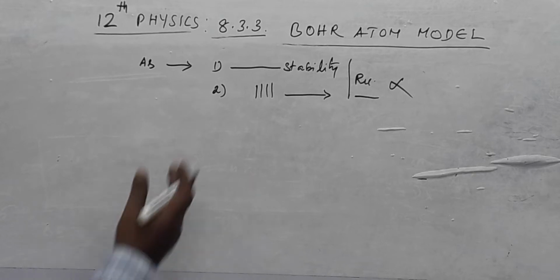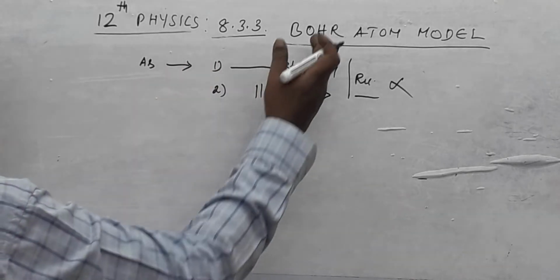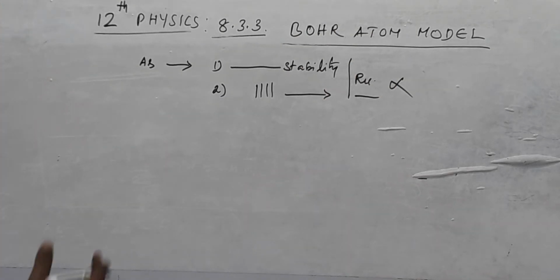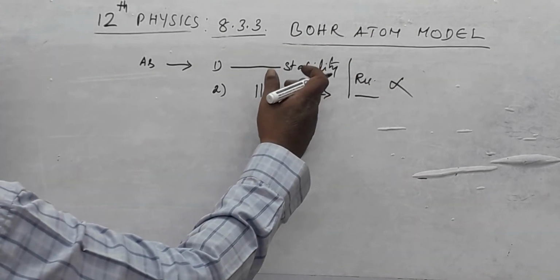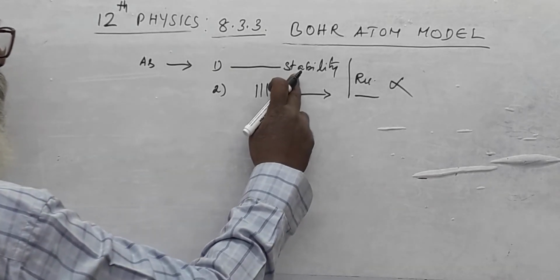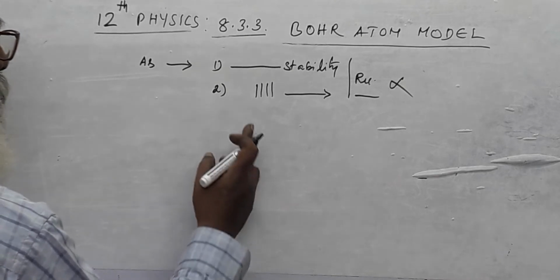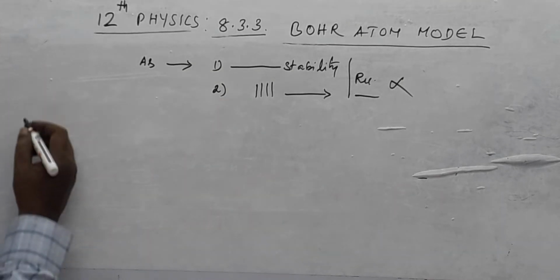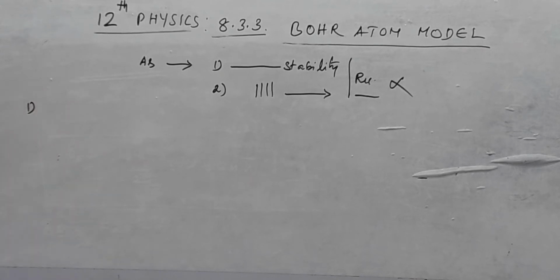To overcome this limitation, Bohr suggested some hypotheses to rectify it and explain the stability of an atom and the line spectra. That's why he considered three important hypotheses. The first is a very important hypothesis, that is the